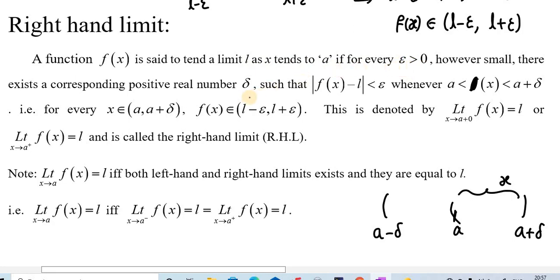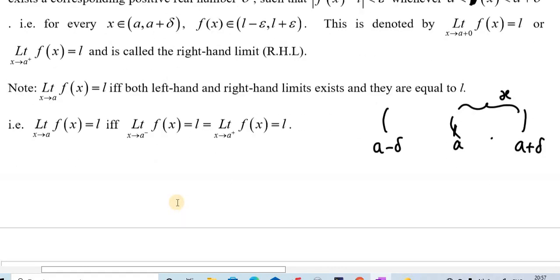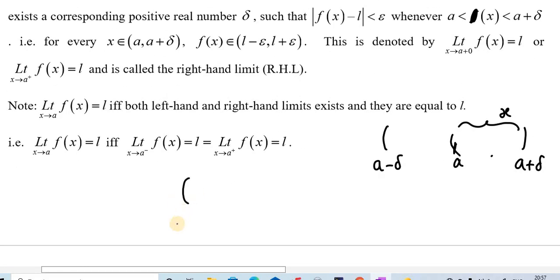Corresponding to this epsilon, there exists delta greater than 0 satisfying these two conditions: modulus of f of x minus L less than epsilon whenever a less than x less than a plus delta. That is, x belongs to this region. At that time, f of x belongs to the open interval L minus epsilon comma L